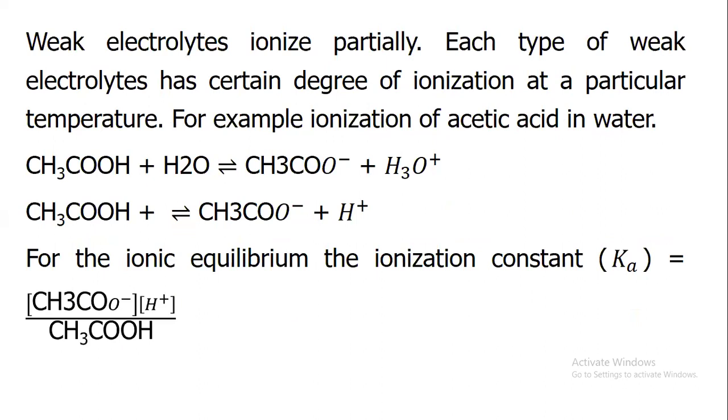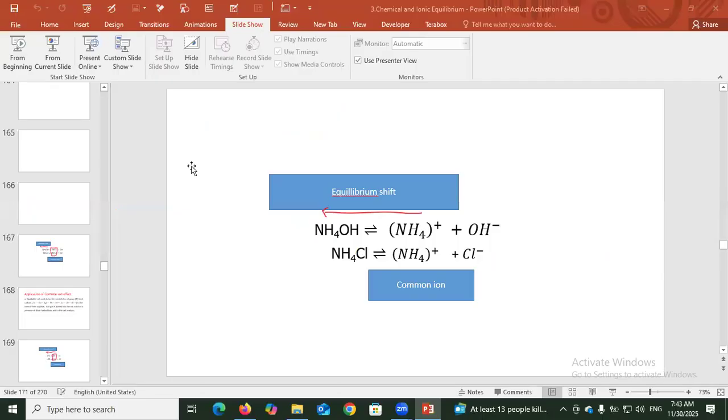Weak electrolytes ionize partially. Each type of weak electrolyte has a certain degree of ionization at a particular temperature. For example, ionization of acetic acid in water gives ethanoate ion and hydronium ion. For the ionic equilibrium, the ionization constant K equals